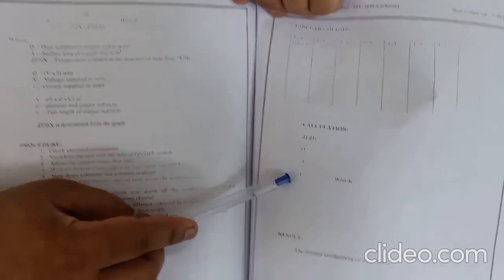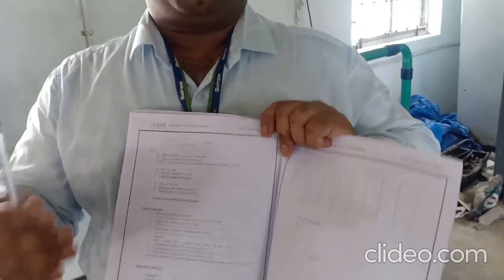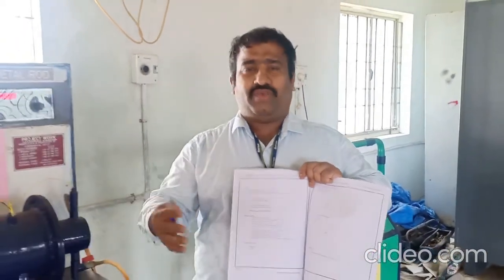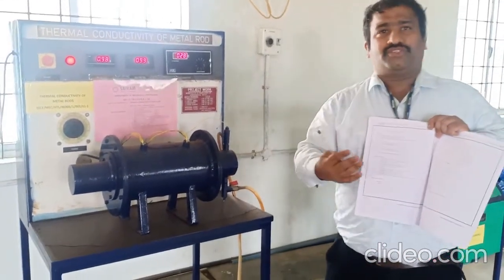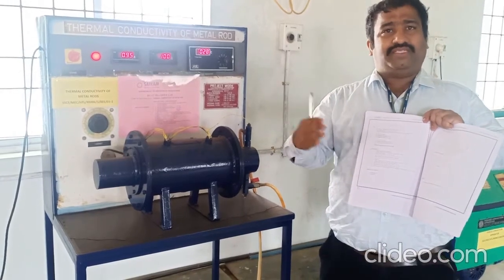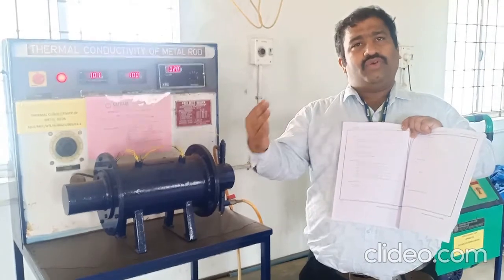So that is A, and K, the thermal conductivity, is what we have to find out. This is the required quantity, the thermal conductivity of the copper rod. Please students, keep it in mind. Theoretically the thermal conductivity of copper is considered as 420, 480, 460, whatever. The range is from 400 to 480, depending upon the molecular structure of the material. So you should keep in mind that it ranges from 400 to 480.